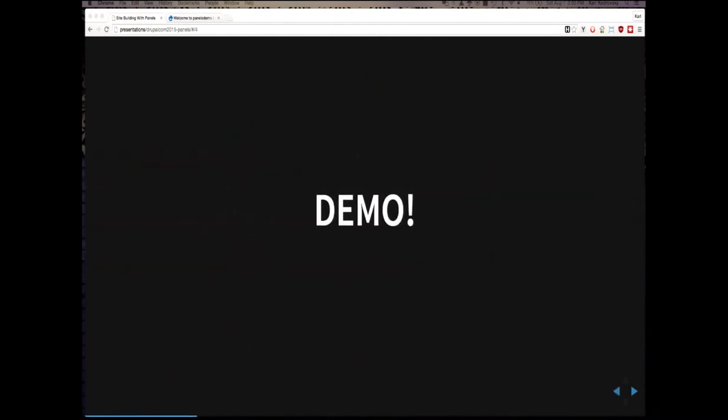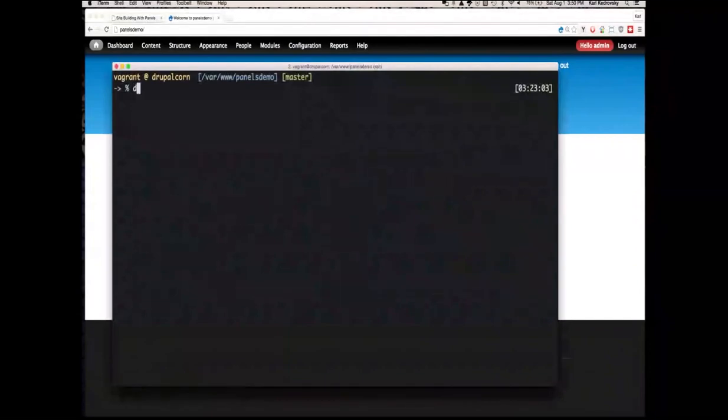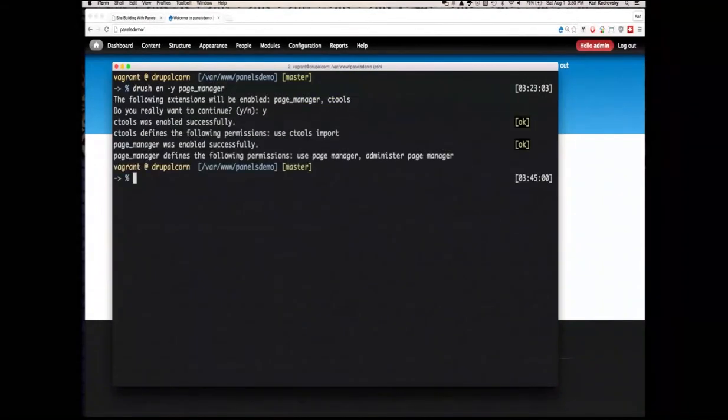It's very impressive. Now I have a very basic site installed. This is a standard Drupal 7 site with nothing special, no real special modules or anything installed. So we are going to... and this comes with the CTools package. So I've enabled the page manager,